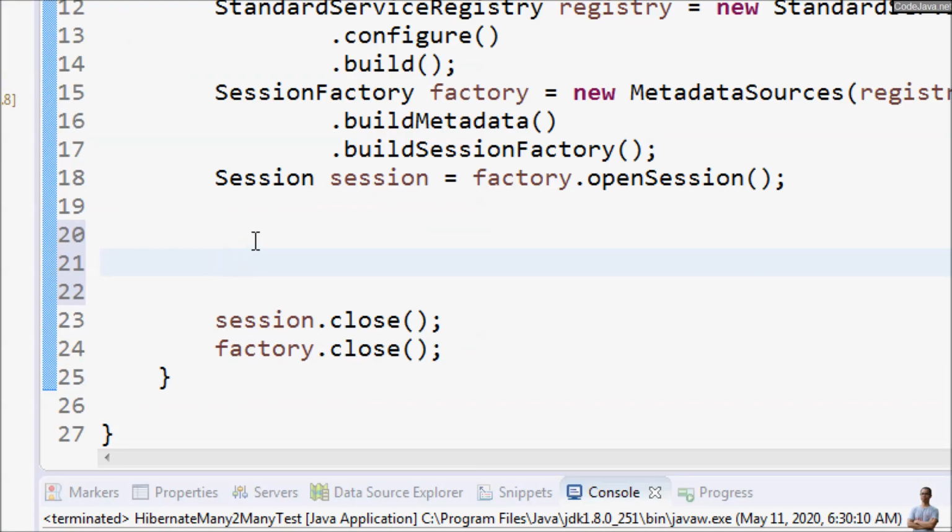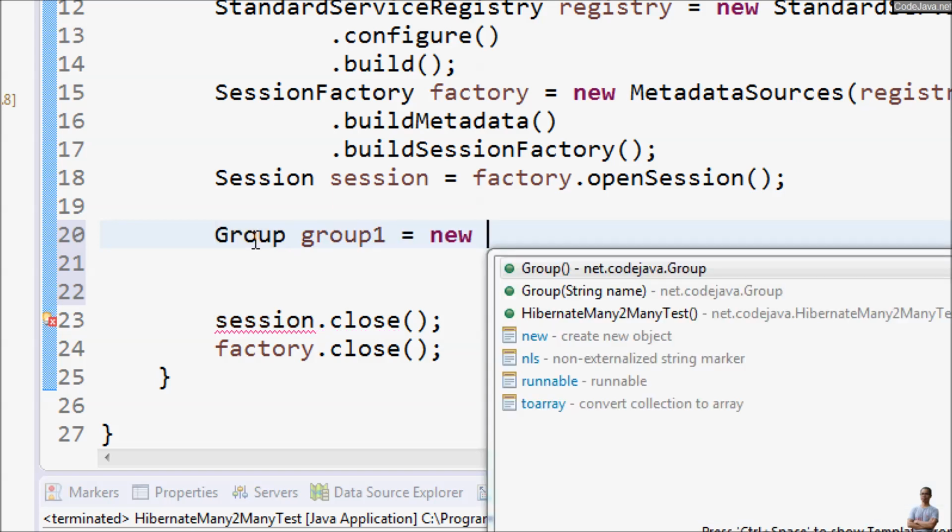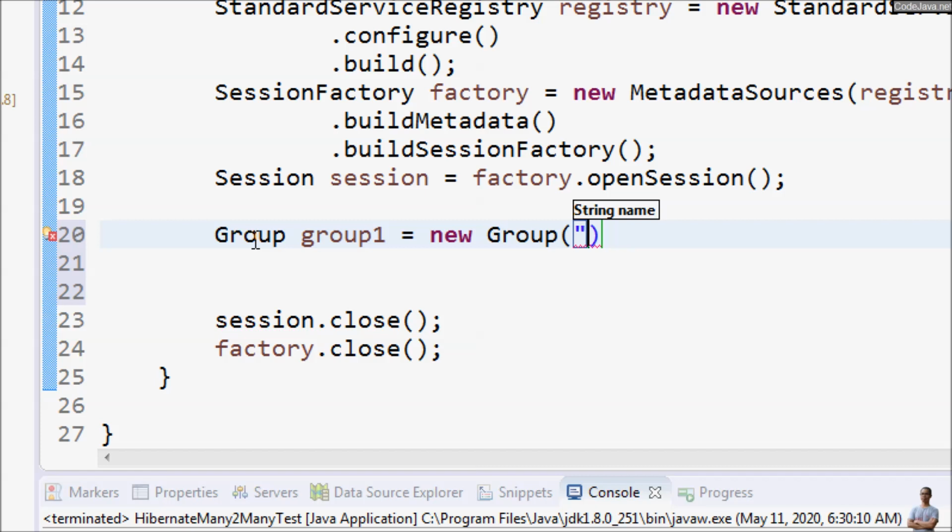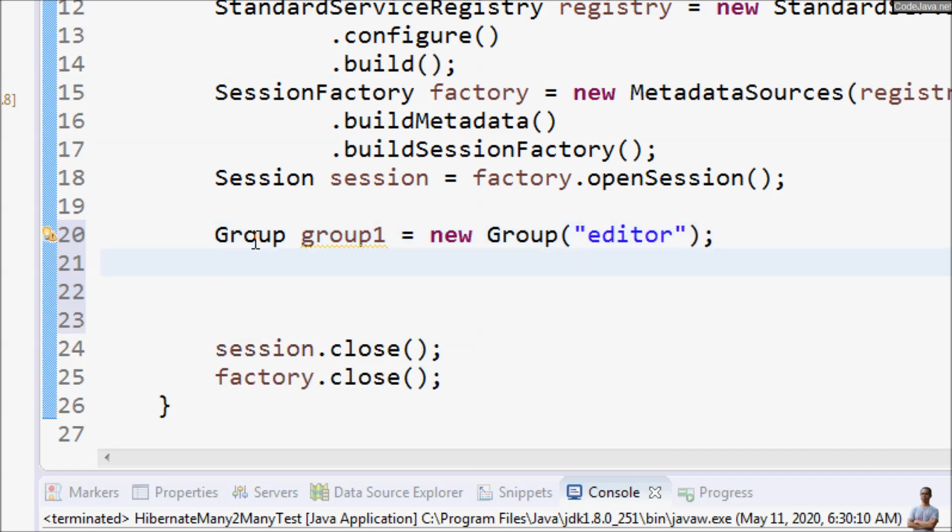So we will be persisting 2 group objects and 3 user objects. Group 1 equals new Group, the name is editor, for example, and we have 2 groups. Group 2 is admin,